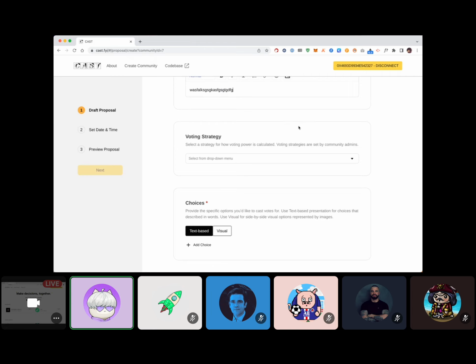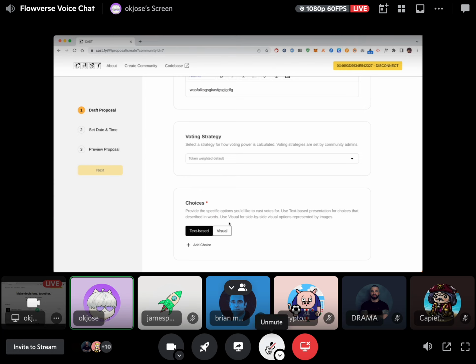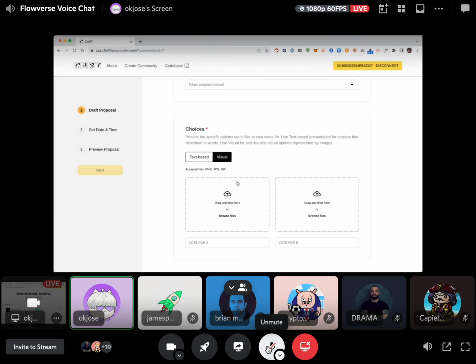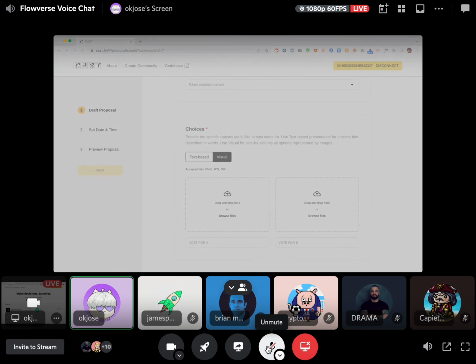Come down here, the next module is voting strategy. Like I said earlier, you select a strategy for how voting power is calculated. Community admins set those. So right now, the one that's set for this community is token weighted default. Come down here, choices. Something that we've done that other voting tools out there don't have is the ability to choose between both text-based and visual options. Again, trying to reinforce the fact that Cast is for a slightly different style of decision-making that folks might be used to. So here, we're just gonna go ahead and drop in